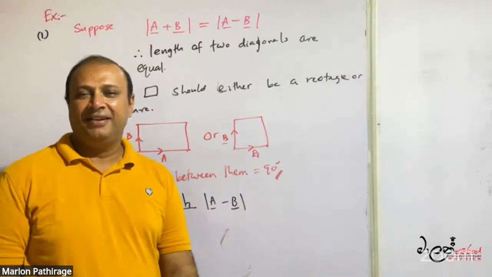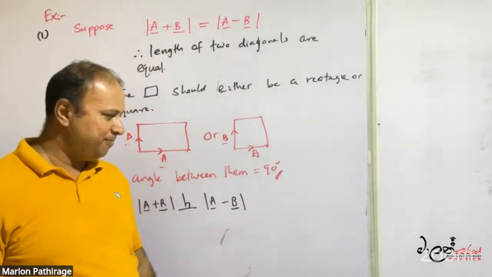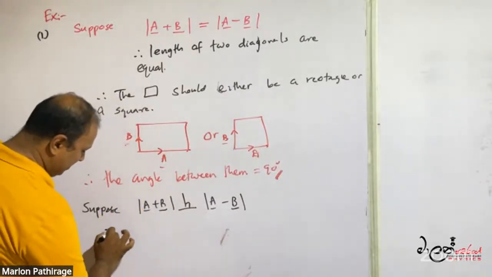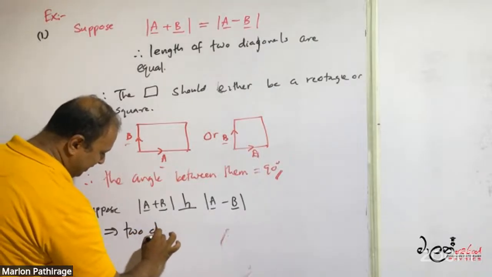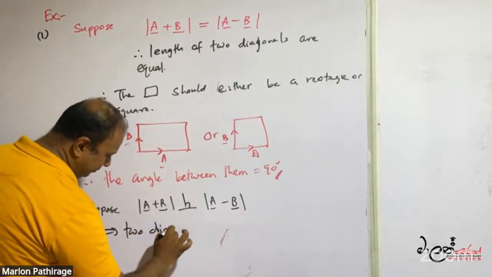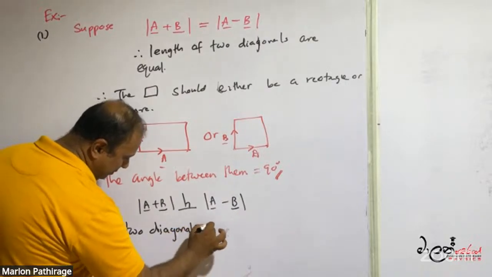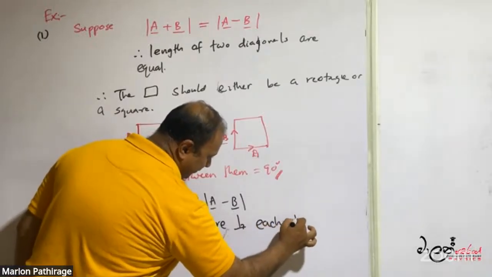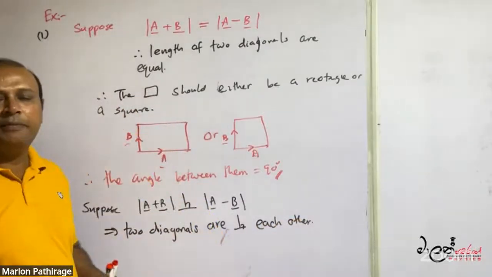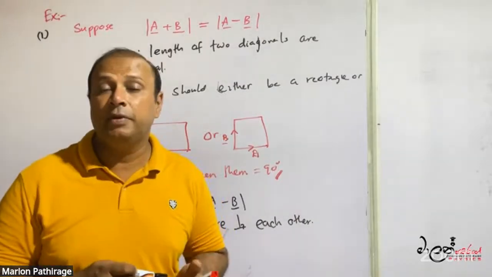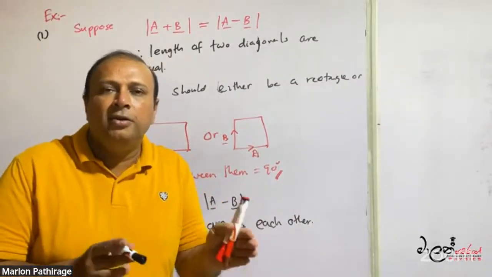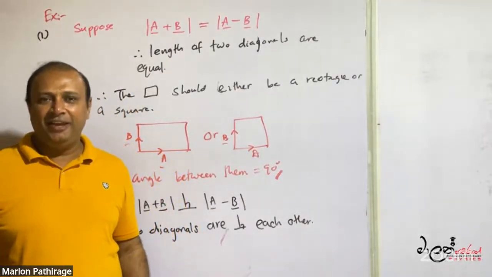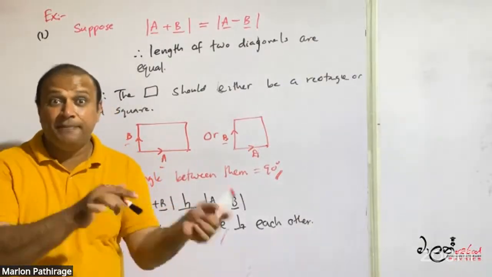Two diagonals are perpendicular to each other. That means two diagonals are perpendicular to each other. If two diagonals are perpendicular to each other, what kind of parallelograms are they? If two diagonals are perpendicular to each other in a parallelogram, then it should be a